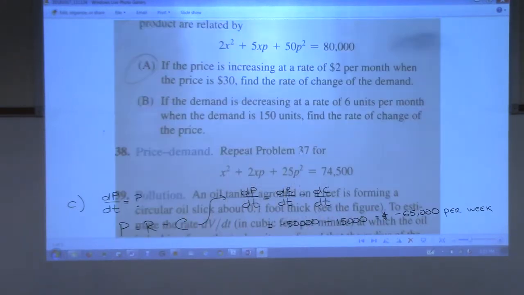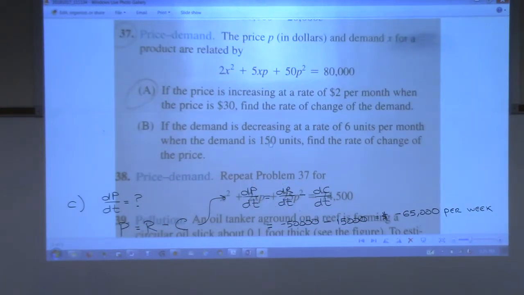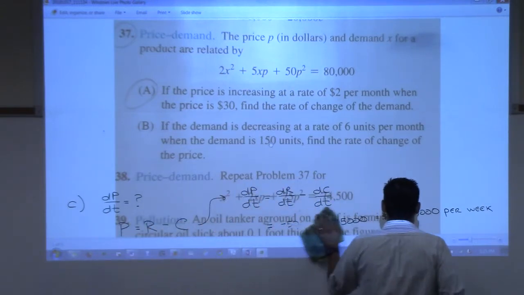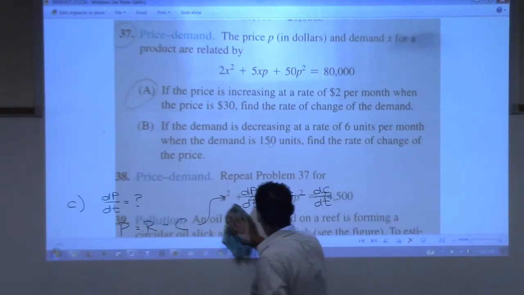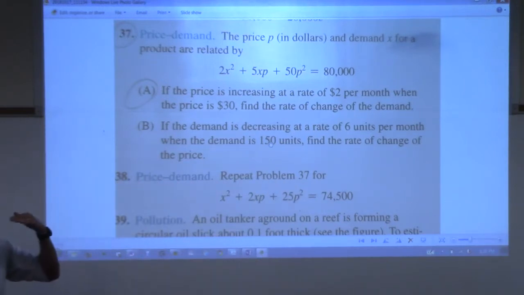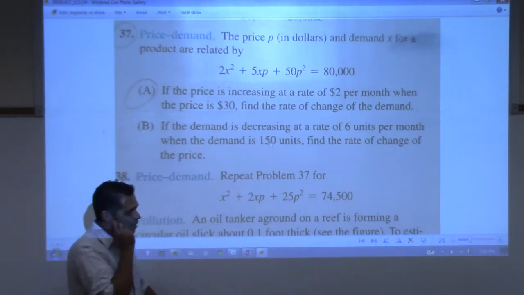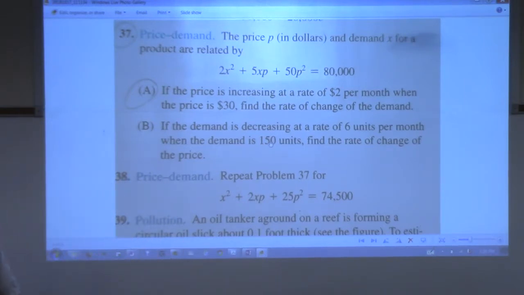So I'm going to tell y'all a story here, all right? I'll try and make it quick. I'm only telling you this story because for some reason it kind of helps students remember this whole idea of how important it is to know what you're differentiating with respect to, whether or not it's with respect to time or with respect to x or whatever it is, right? So when I was in grad school, I'm actually going to mute my microphone because this is probably